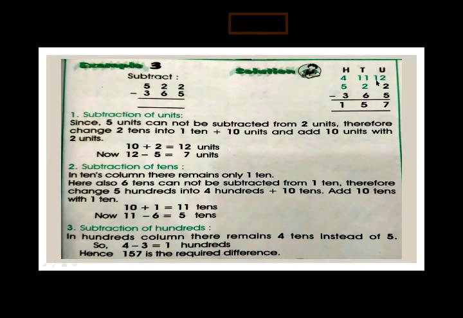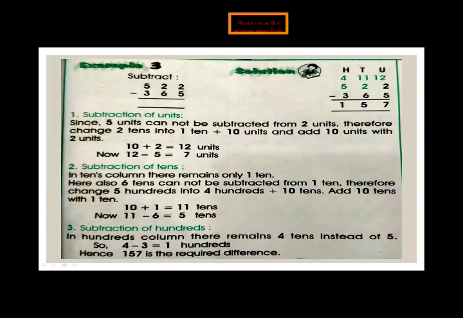Now when this 2 gives 1 borrow to this 2, it will become 1. Now 1 is also smaller than 6. If you come to the tens place to subtract, now 1 is also smaller than 6. So what you do here, you borrow from the hundreds place digit. When 5 gives 1 borrow to this 1, it will become 11. 11 minus 6, 5. And this 5 will become 4. So 4 minus 3, 1. Your 3 digit answer is 156.